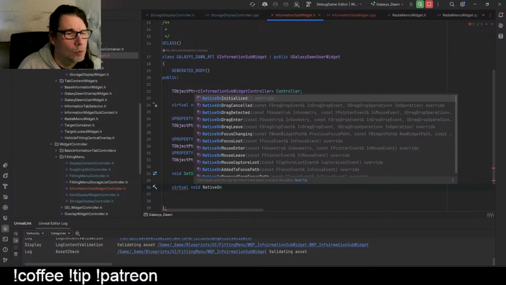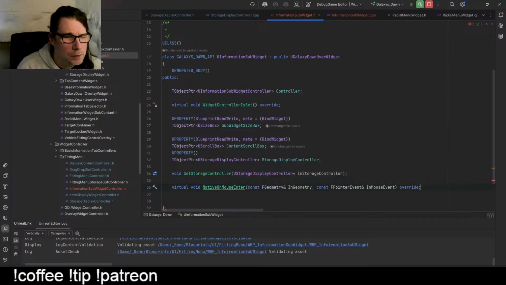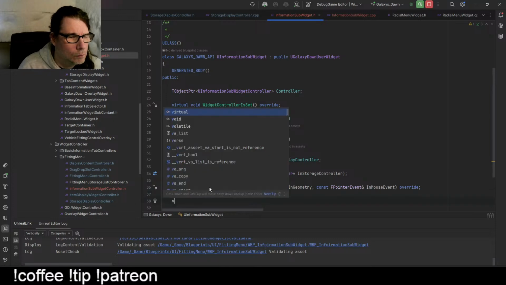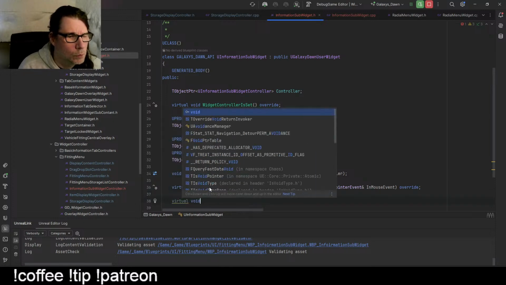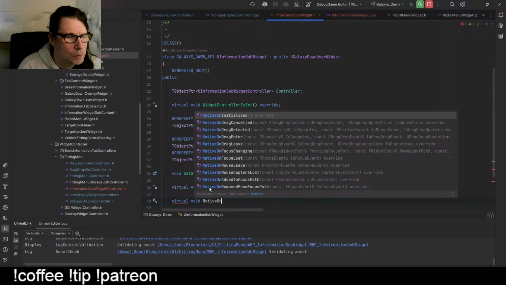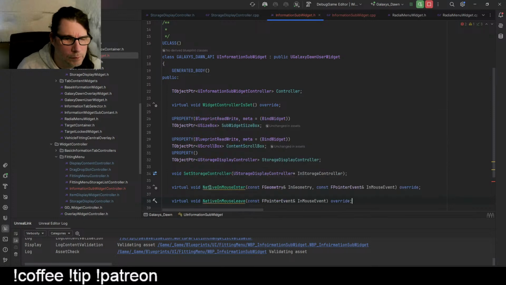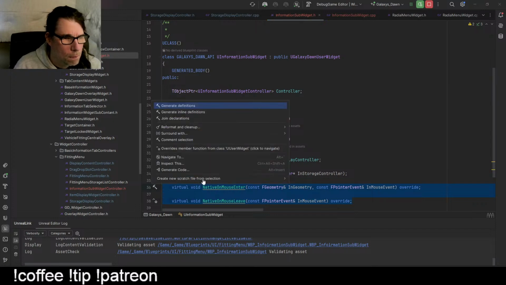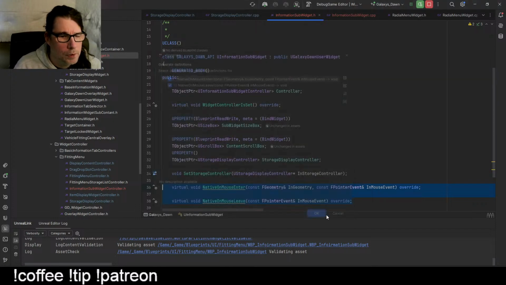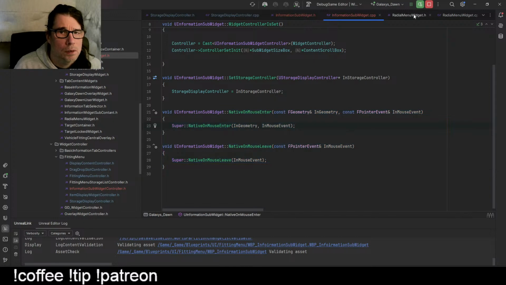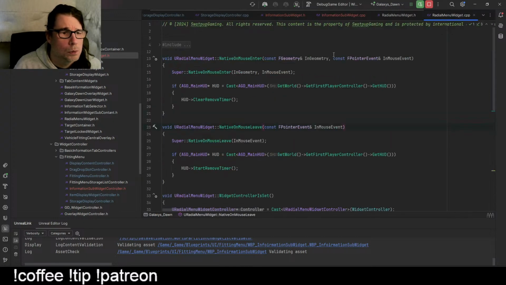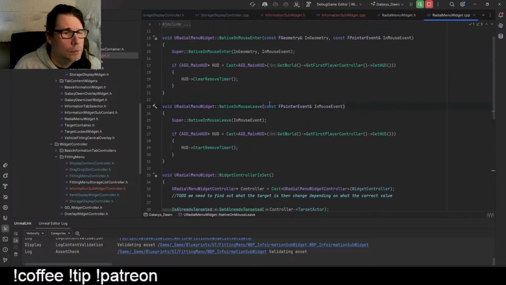On mouse enter and virtual void native on mouse leave. And read those definitions. Okay. Do I need to? Yeah, I need to call those things. Right. So